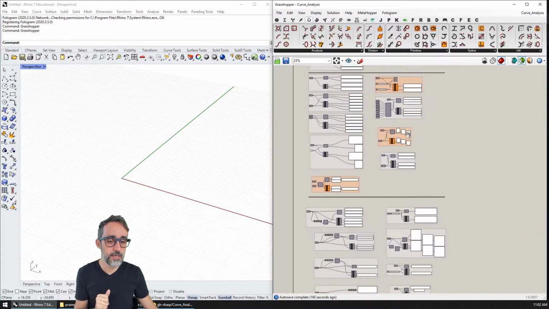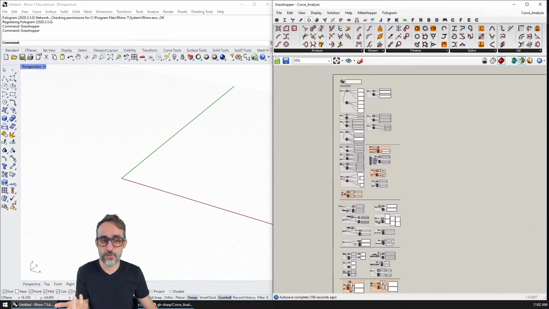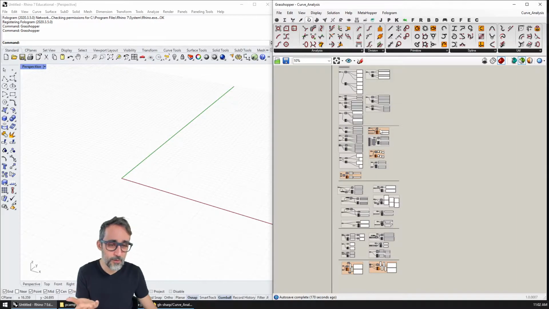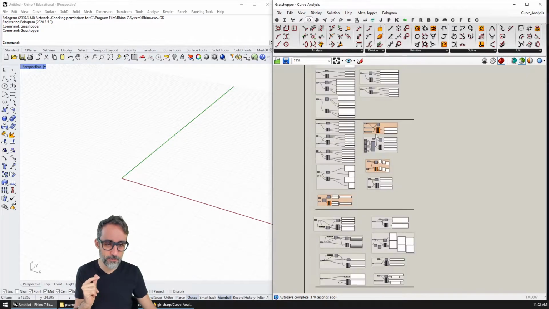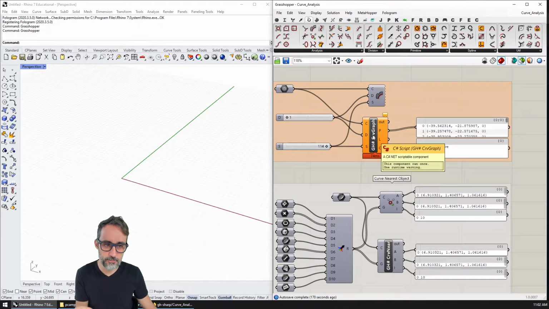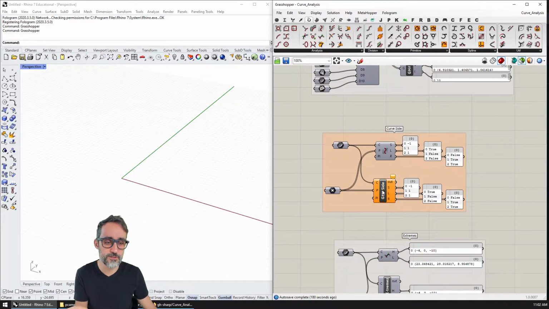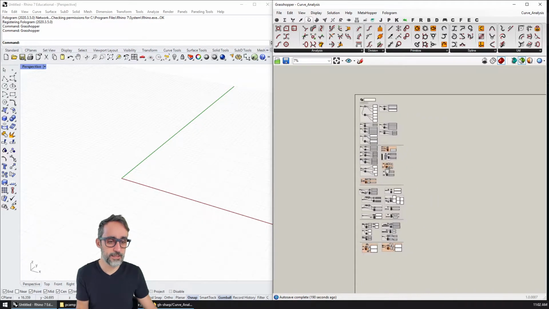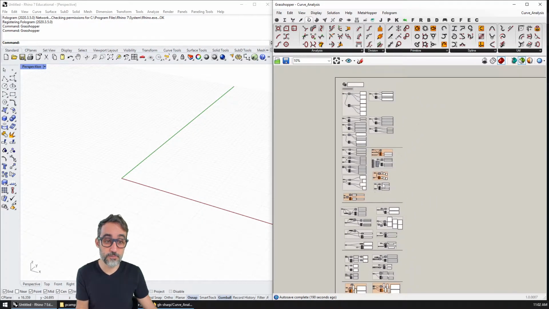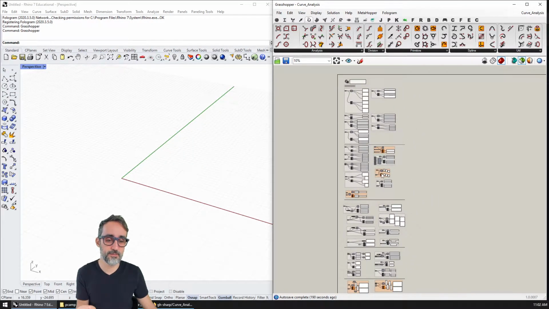Anyway, you can see that one of the things that we do in the project is that whenever one of the components is not fully well implemented for some reason, certain parts are missing, or we couldn't reproduce the full functionality, that component is grouped with this kind of orange group. All right. And you can see that particularly in this file, there's a bunch of these